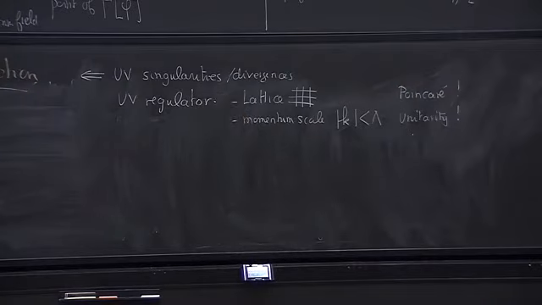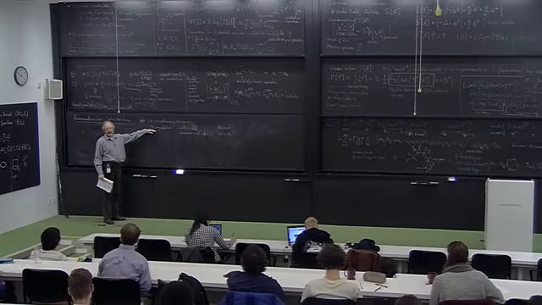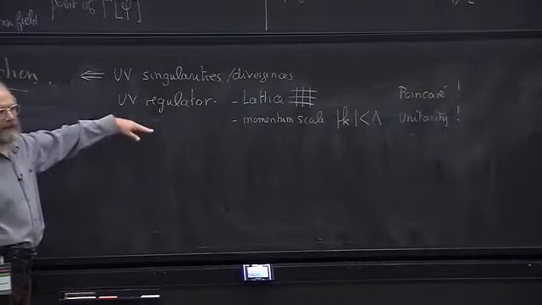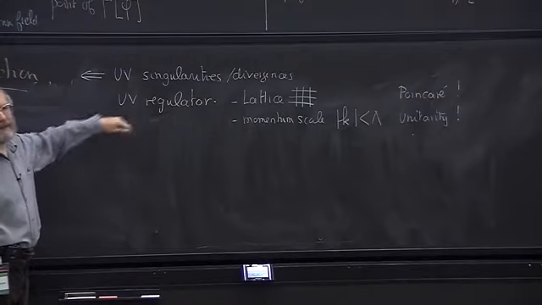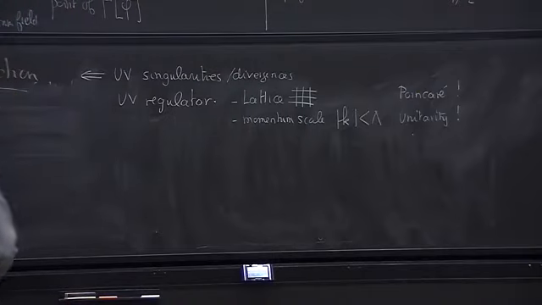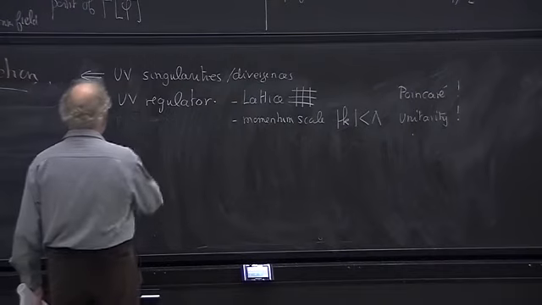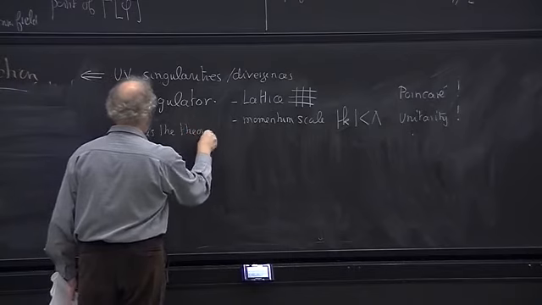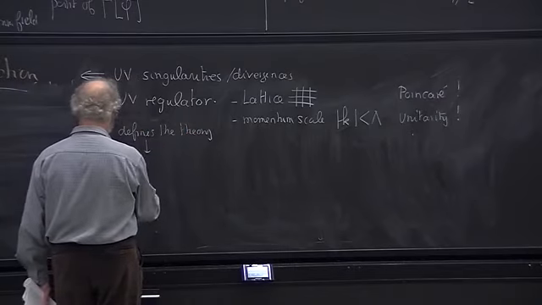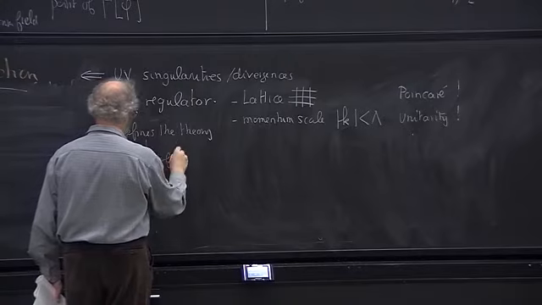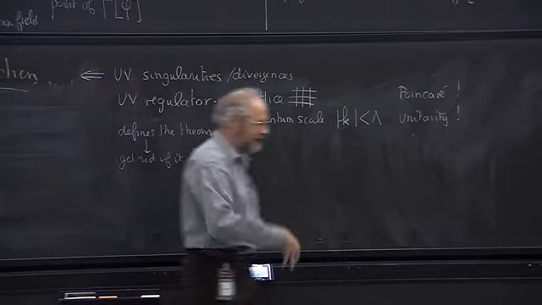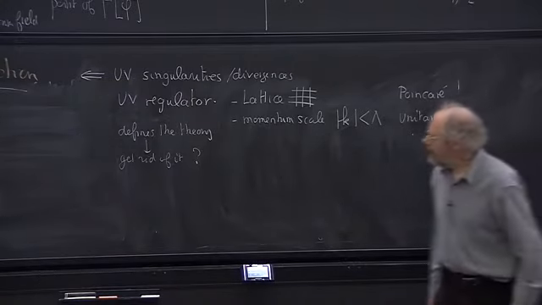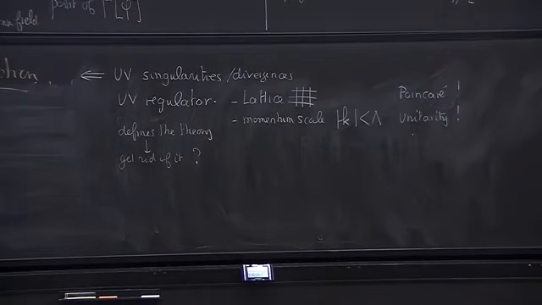And so the issue is, can we construct a theory where this ultraviolet regularization, if it's introduced as an intermediate step, can it disappear? Okay, so can we introduce a regulator? This defines the theory. And then can we get rid of it to get a consistent theory? Okay, so the main